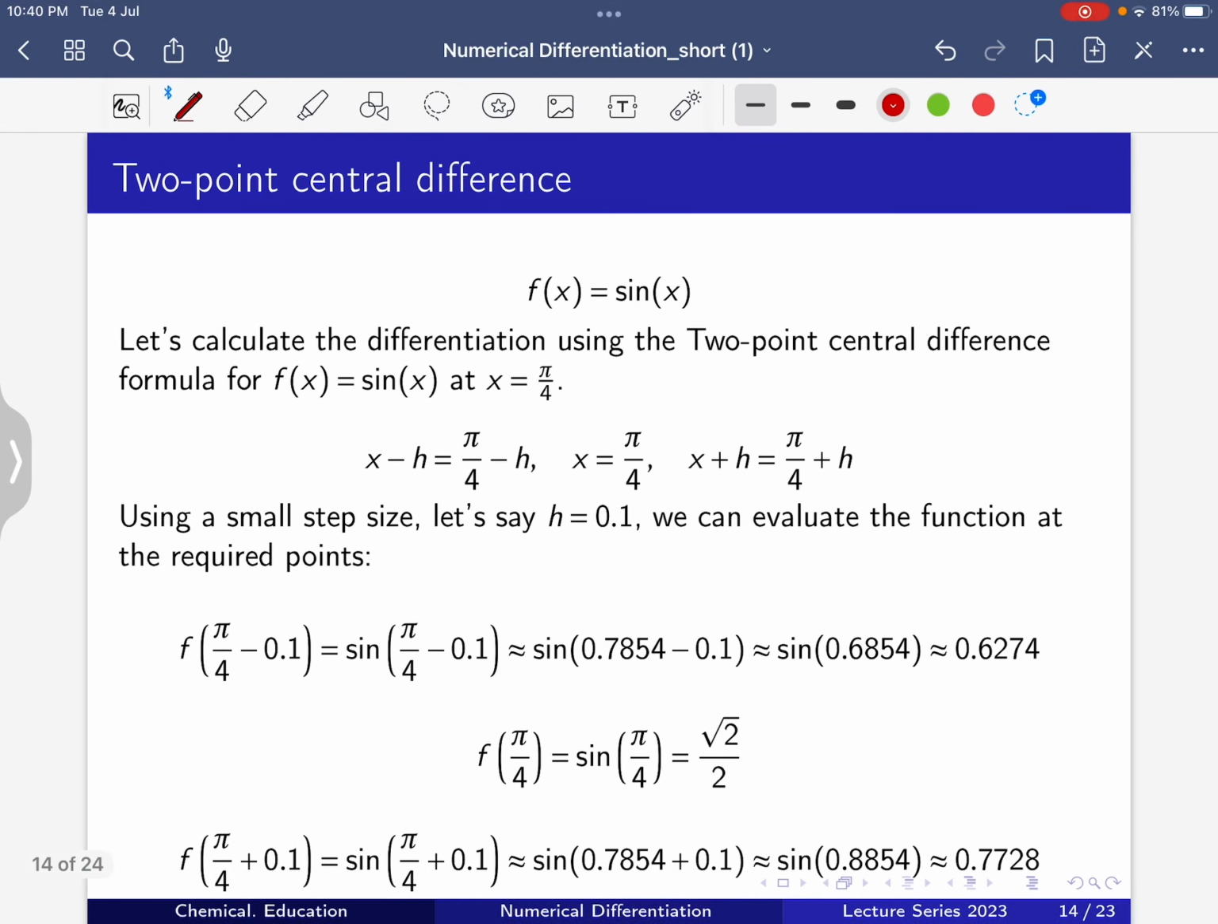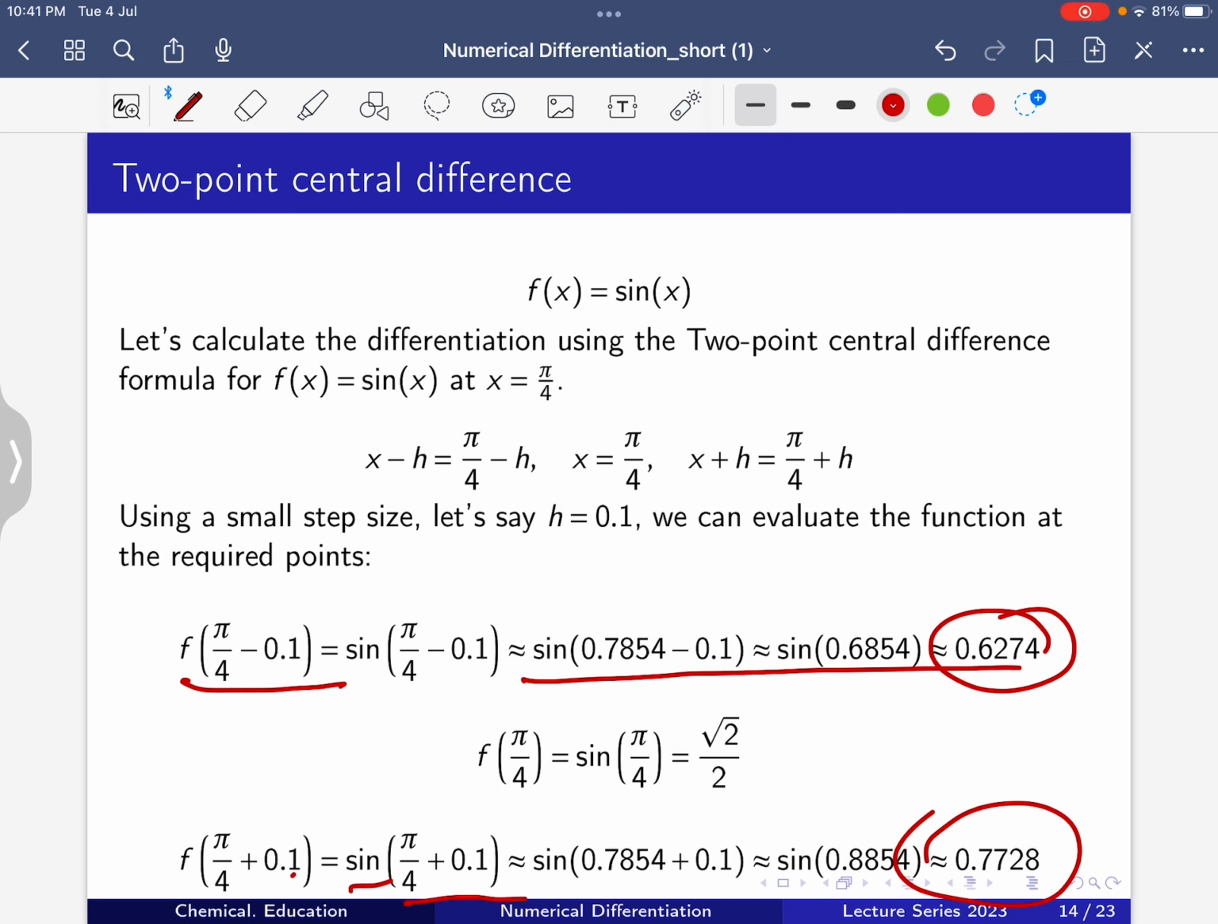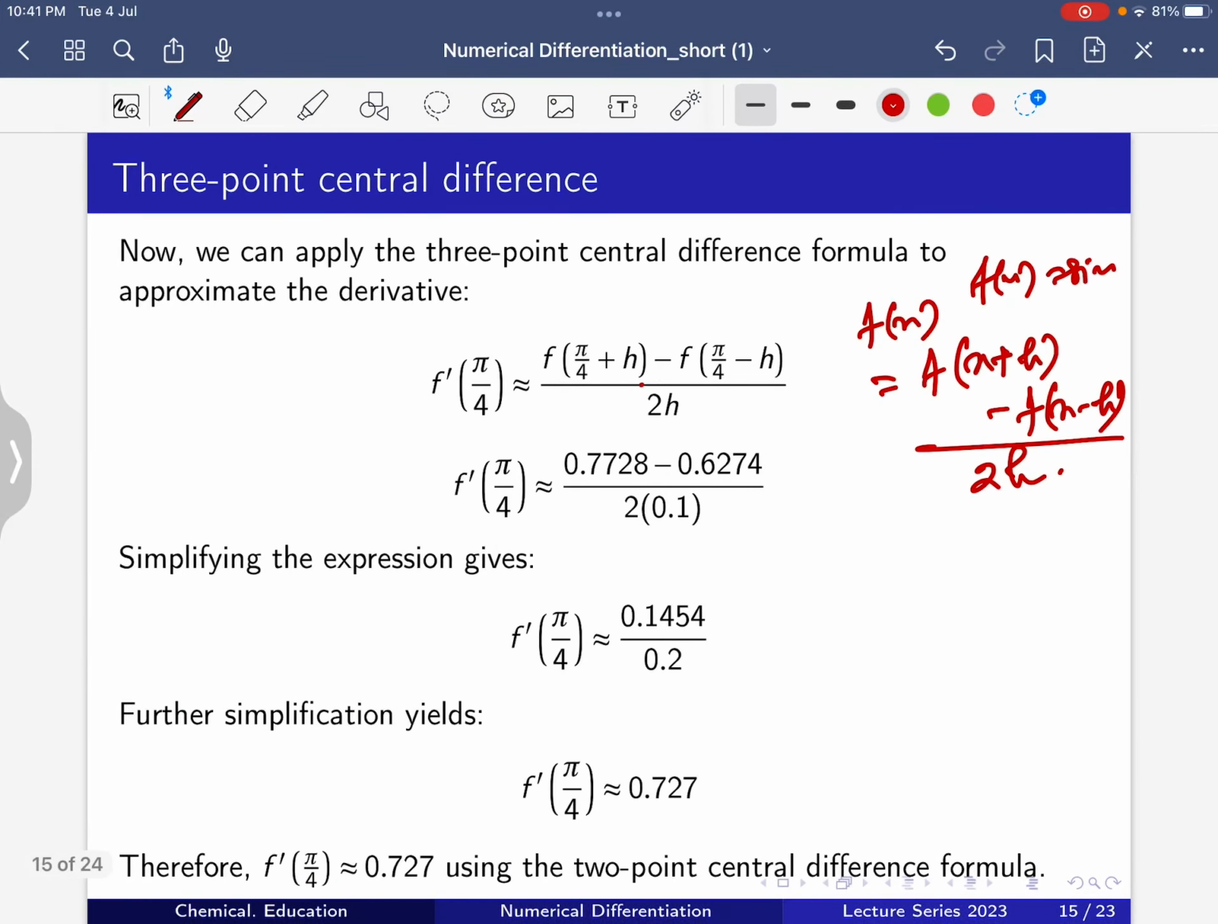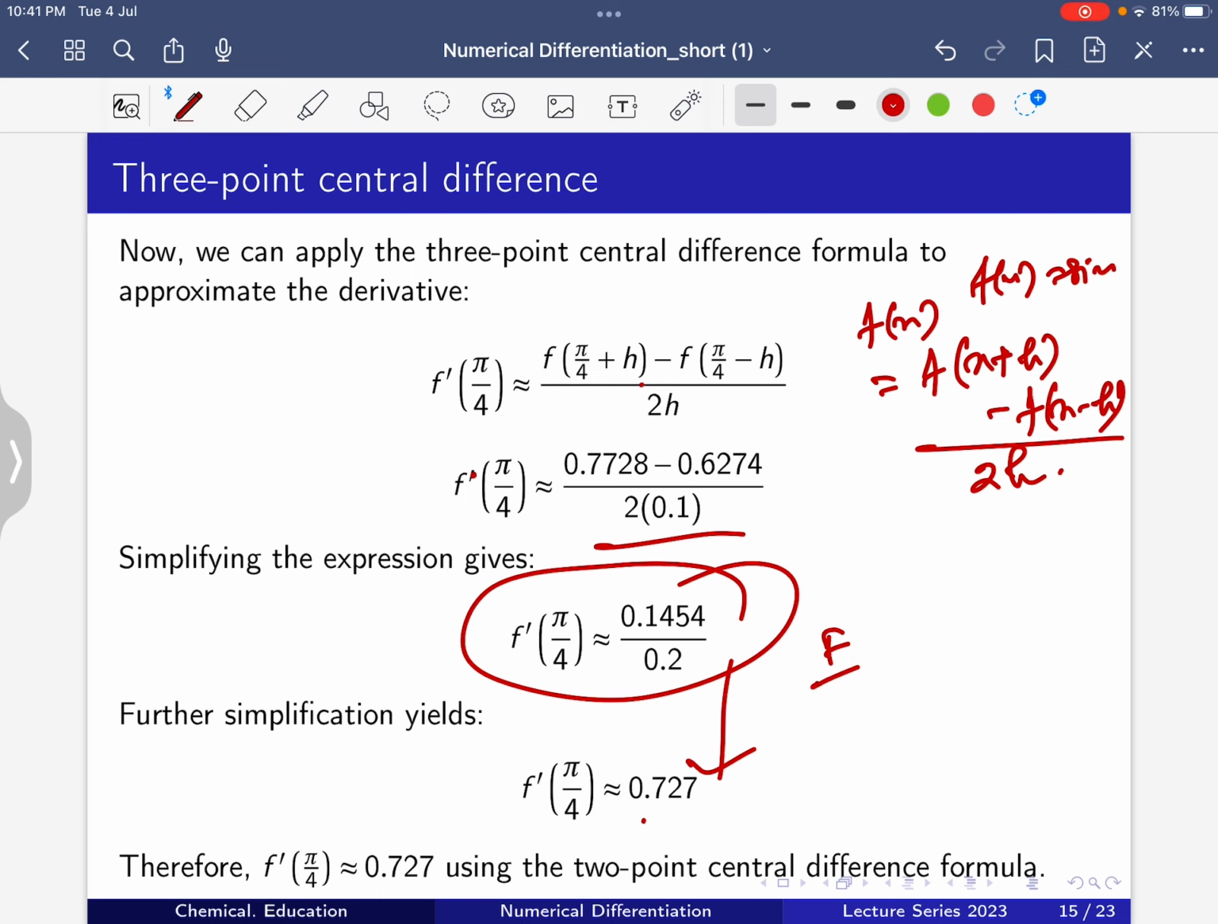So now here f(π/4 − 0.1) means sin(π/4 − 0.1), so ultimately that will be 0.6274, and f(π/4 + 0.1) means sin(π/4 + 0.1), that will give 0.7728. Now if we plug that value into f'(π/4), so (0.7728 − 0.6274) by 2 into 0.1, that will ultimately give 0.727, though it is giving a higher value. So forward we got